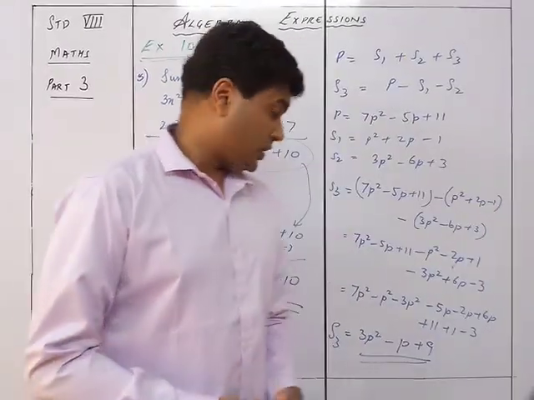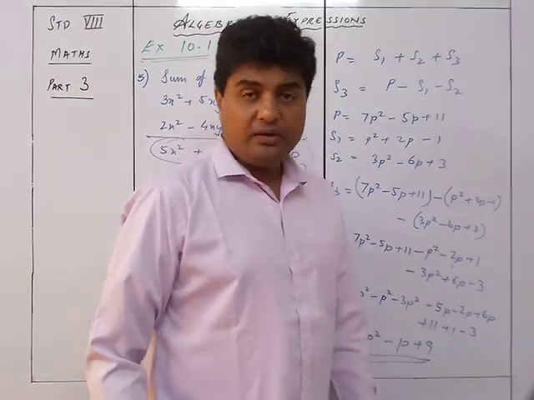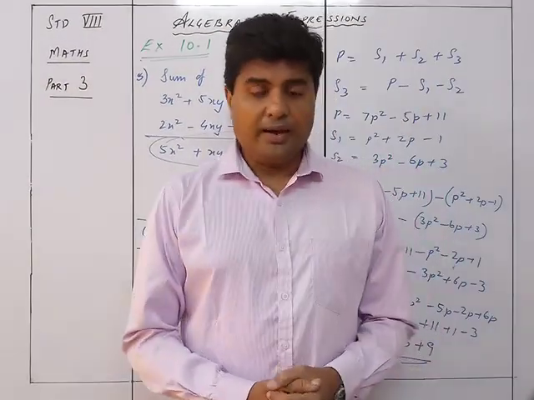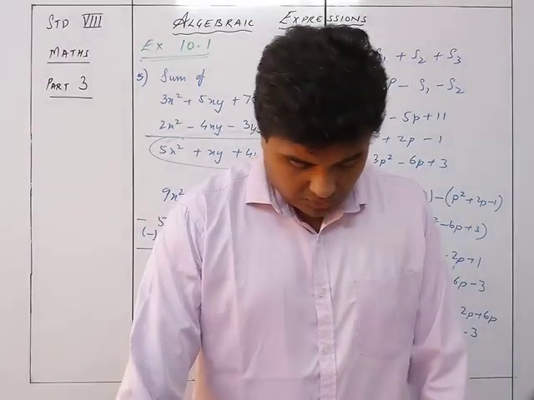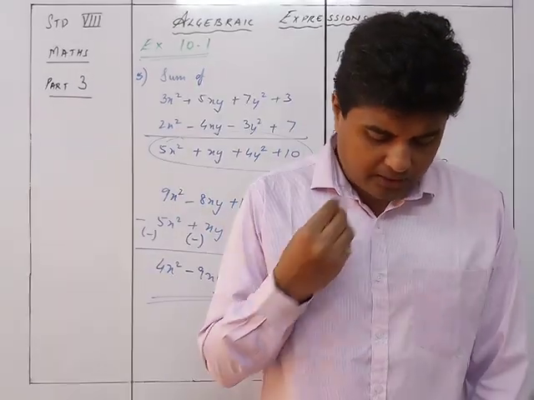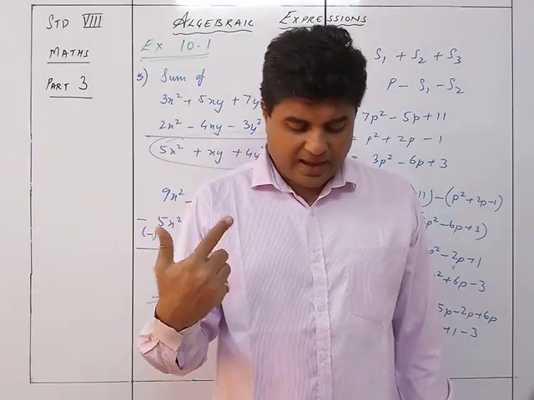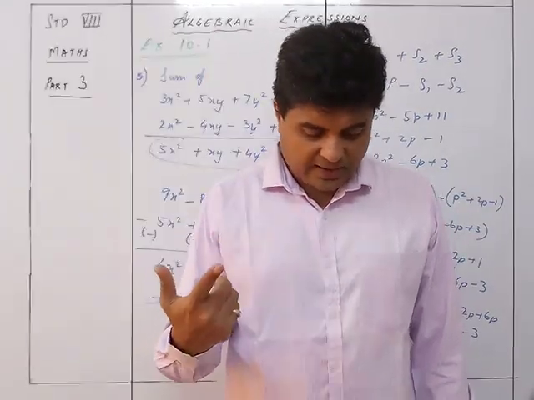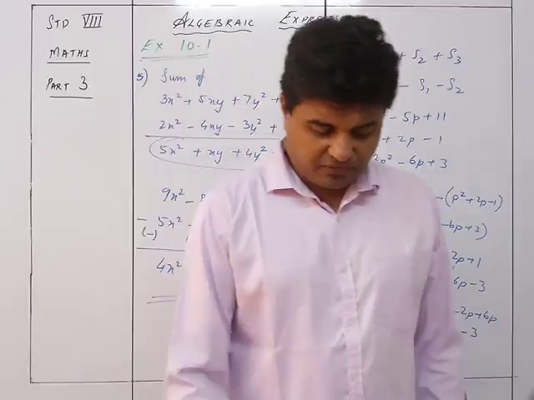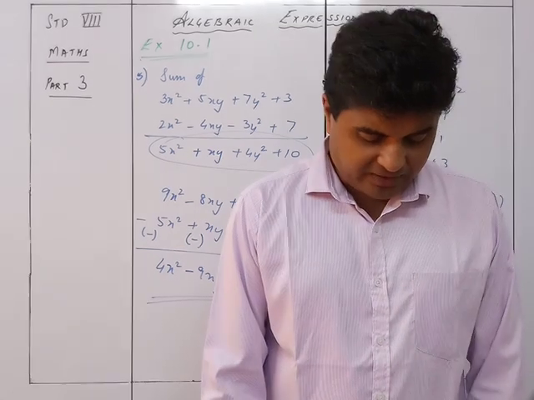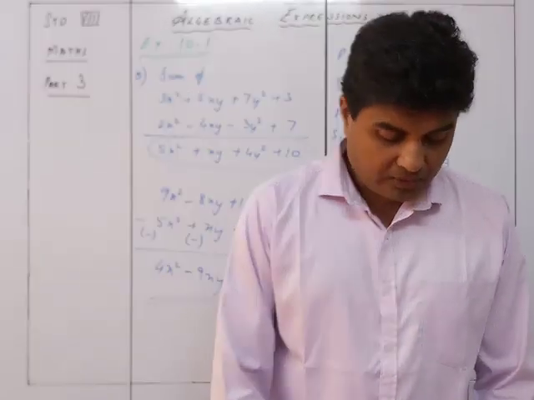So this was your sum number 7. Got it? So this is how we are going to do sum number 7. And there are very few sums for homework over here. That is the first and third, and the second and sixth sum of the fourth. They are the only 4 sums which are there as homework in 10.1. In case of any doubts, you can definitely ask me.